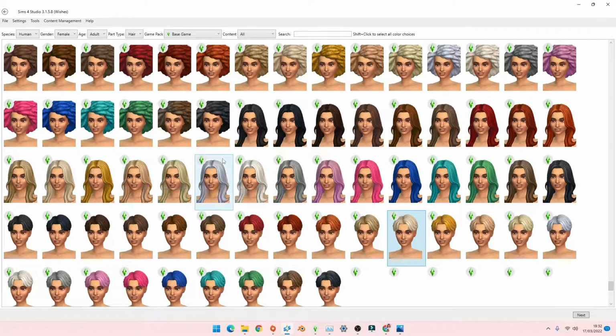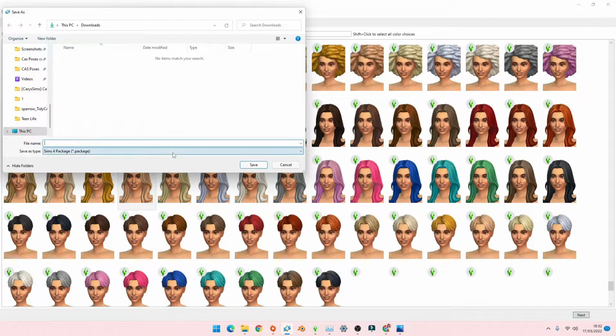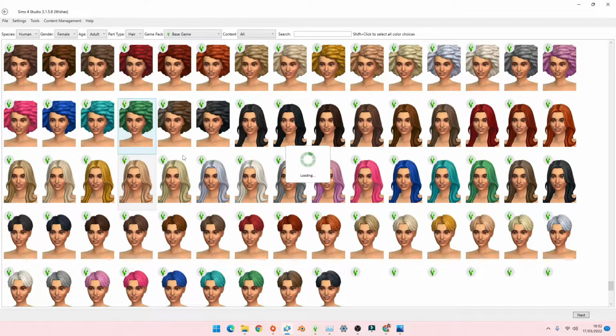And you're going to choose whatever hair is the most similar to the recolor you want. If you're wanting some sort of pastel colours, I would recommend going for this blonde swatch or this blonde swatch. Not this one, because that doesn't really edit on the hue slider that easily, but this one's really good. I always use this blonde to create my custom recolors. So you're just going to save this as recolor,